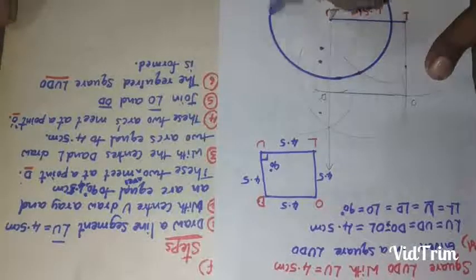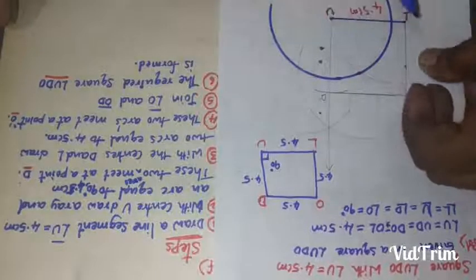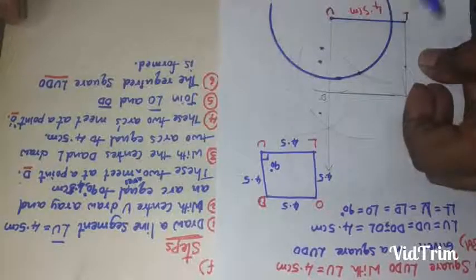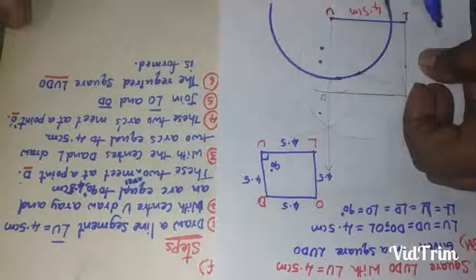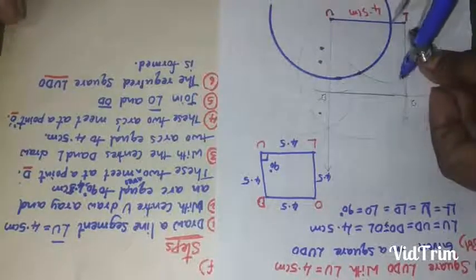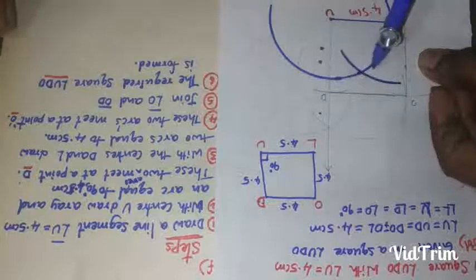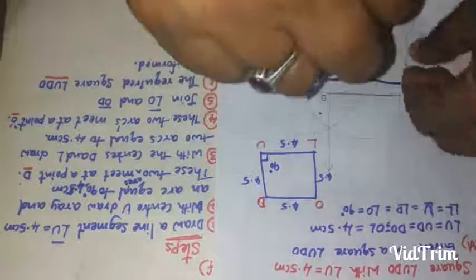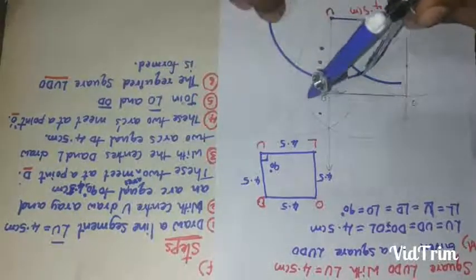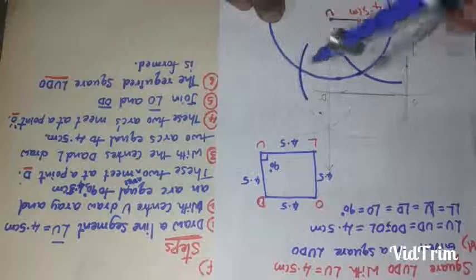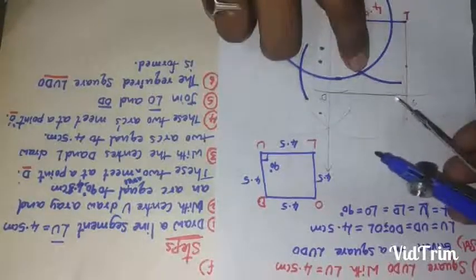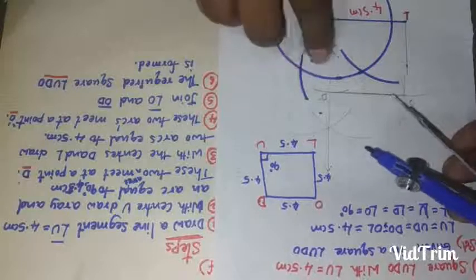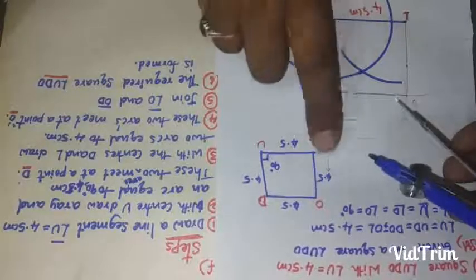Draw a major arc. Okay, children. Now, where these 2 lines join, this line and arc, again from there with the same measurement of compass, draw one more arc. From these 2 arcs again draw one more arc. Okay children, this is 60 degrees if we join a line. This is 120 degrees if we join a line. But we don't want 60 and 120. We want how many degrees?